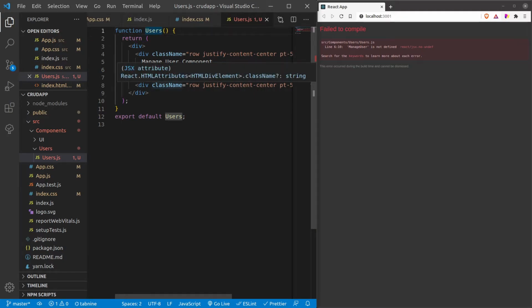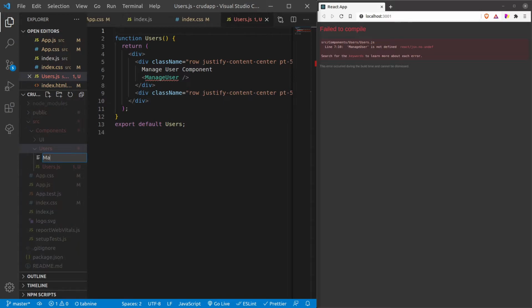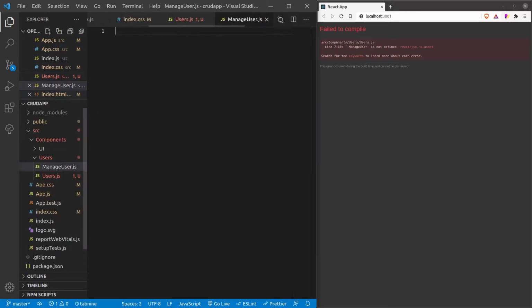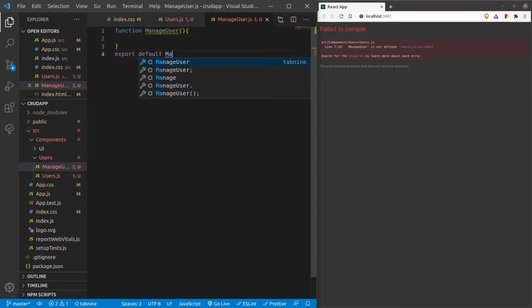Alright, now it will throw the error because this component is not available. So I will be creating this component. Okay, and here function manage user and export default manage user, right?